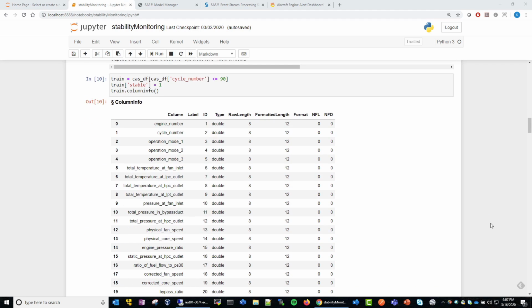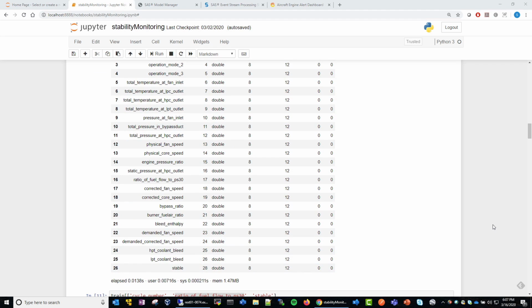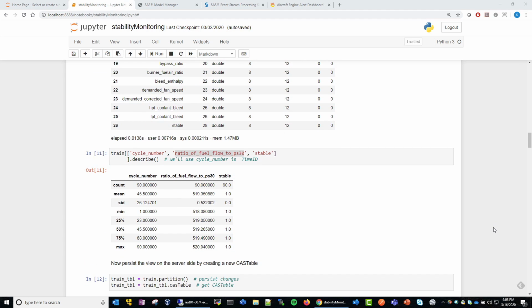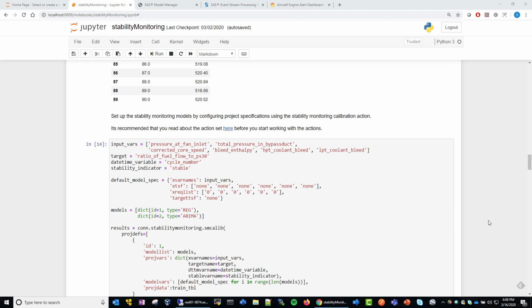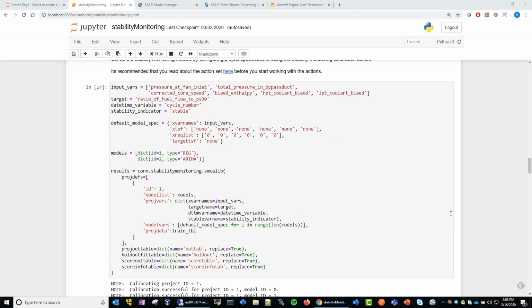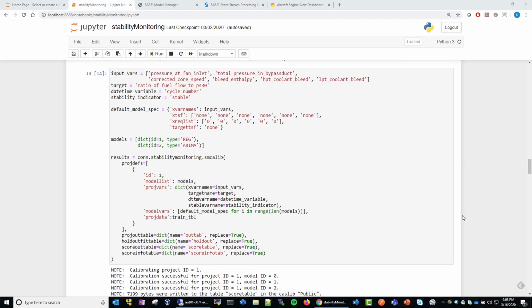And so then we start preparing this training data as we typically do, determining which time series of data we want and what our target variable is, until we get to the core options that are selected for creating the stability monitoring models. So in this case, we can select the inputs and the types of models. In this case, we're doing a means, a regression, and an ARIMA model, to where we submit